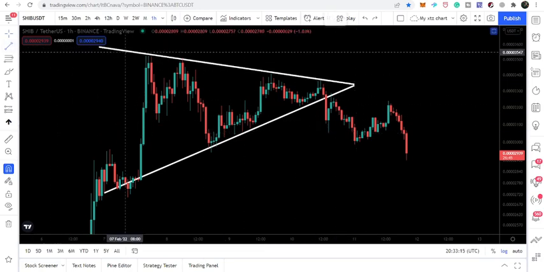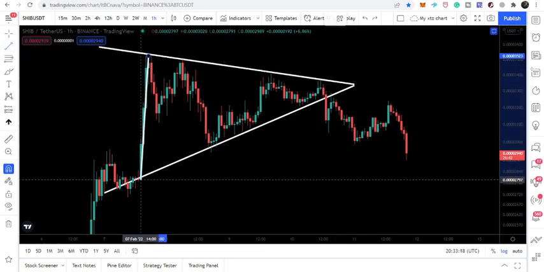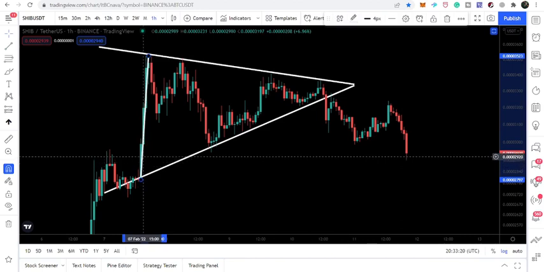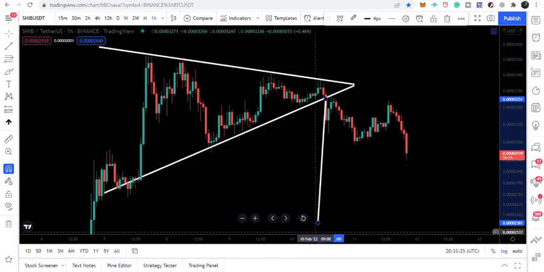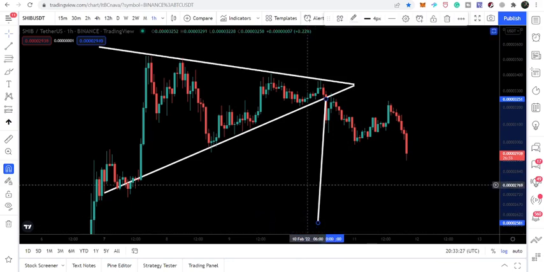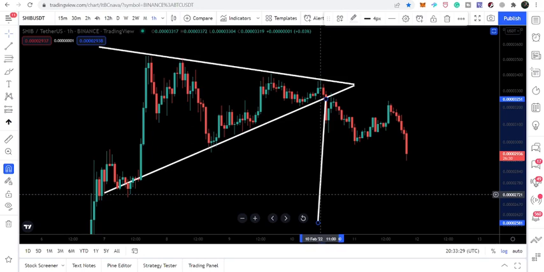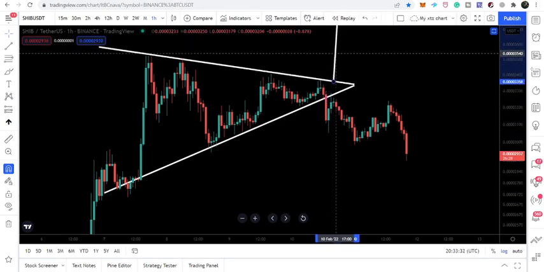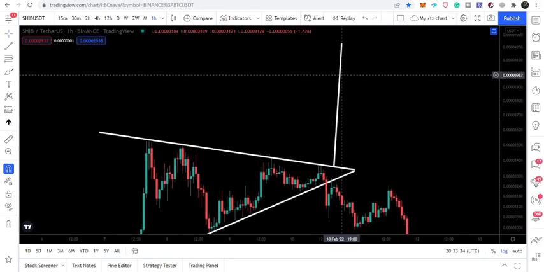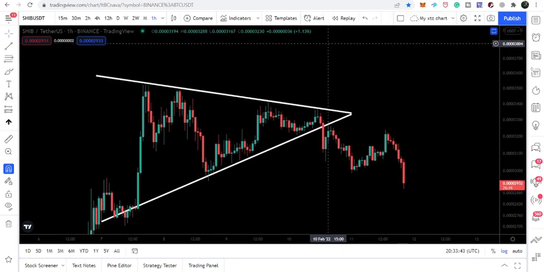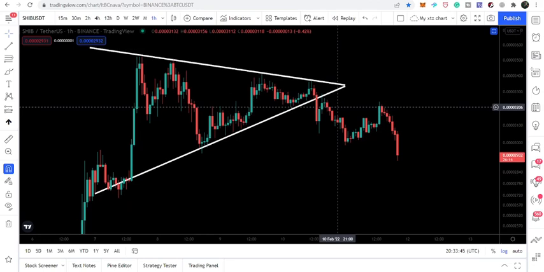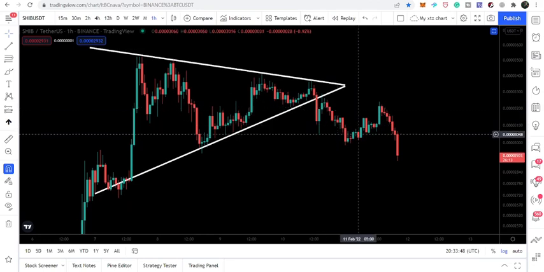Now our target to the downside after this breakdown, if I place it here at the breakdown point, is approximately 0.000025 or 26. And I was expecting that if the price line breaks out this resistance, but that is not happening, then our next target could be to the upside, approximately 0.000423. Now we are moving more down, and it is possible that we may test the previous support of